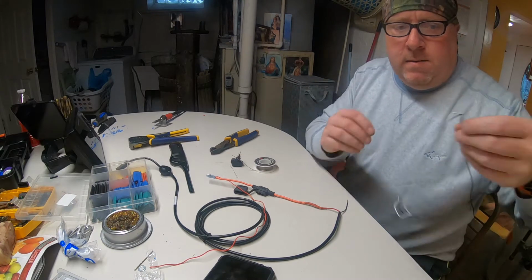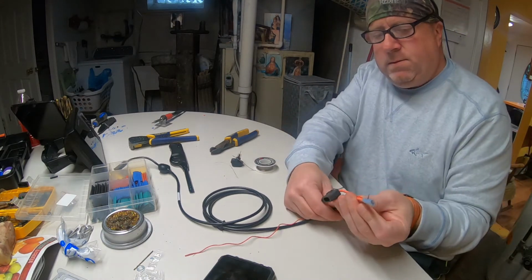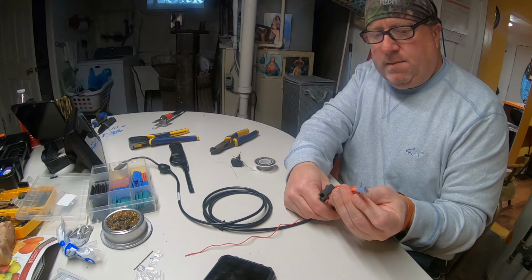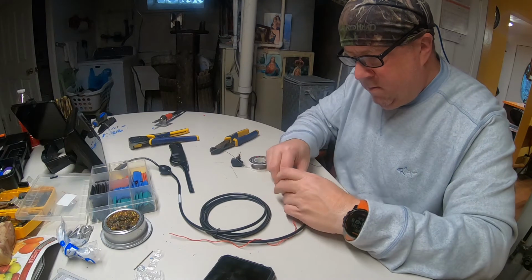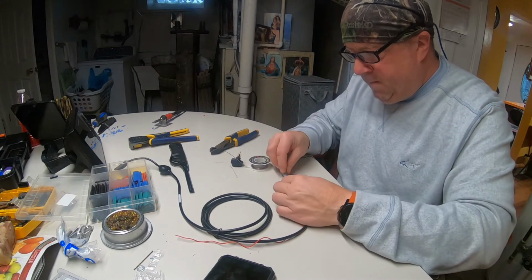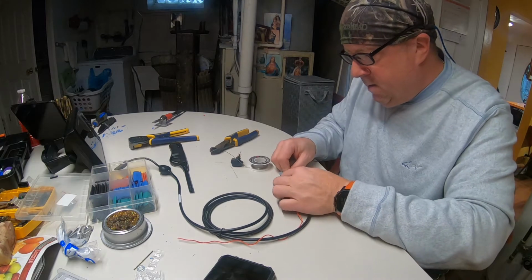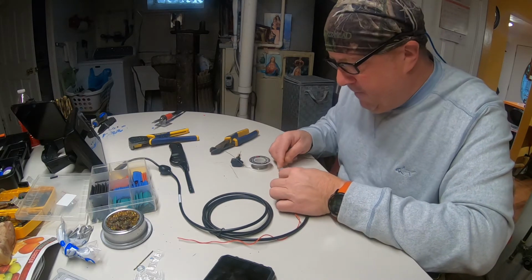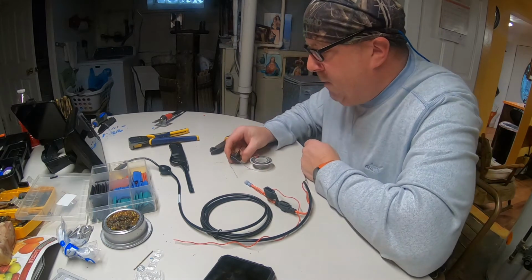So we need a ground. What I'll do is zip tie that up like that, just like so. I could have cut that down and made that shorter, but I'm not gonna strip all that wire down for that. So we'll run a ground off of there, which will go to